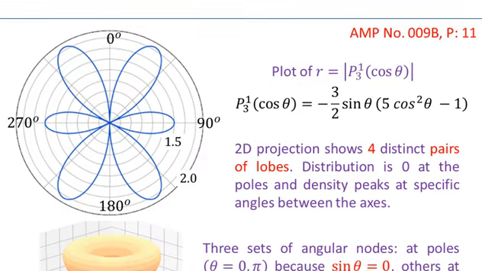Okay, the next case that we are going to discuss is L is equal to 3 and M is equal to +1. And if you put these values in the polynomial, you will get the polynomial with this expression. That is P31 has an expression equal to -3/2 sine of theta, and then we have the parenthesis which contains 5 cos square theta minus 1. So you see that there are